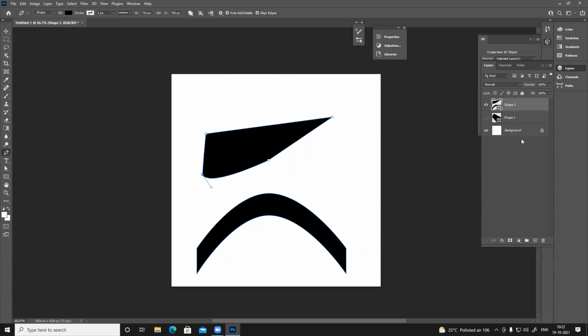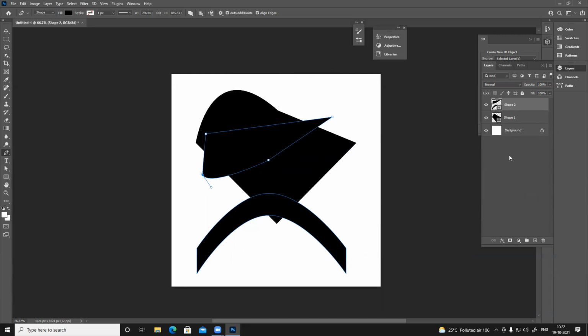So within one layer. And if you're using CS6 or something, in that case, if you select both shapes and merge them, Control E, it will convert it to a raster image. If you're using the latest version after 2019 and all, it will still keep it as a vector image. So I'll generate this.